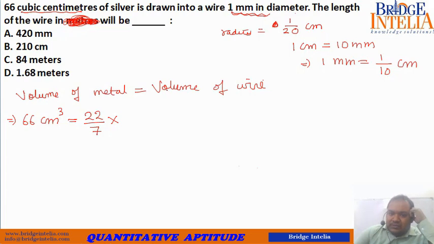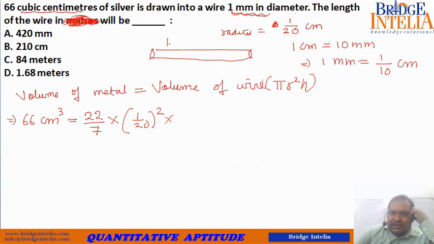So the volume of the wire is what? Pi r square h. So pi, now the radius is 1 by 20, so 1 by 20 whole square into height. Now in case of a wire, as I already told you, there is no concept of height. There will be the concept of length, and that is what they are asking you, the length of the wire. So technically speaking, as per the formula, height takes the place of length, so into length. Whatever answer comes will be in centimeter. Please be mindful of that.